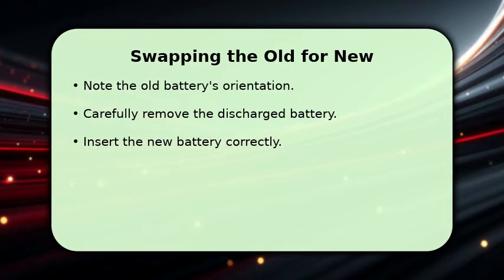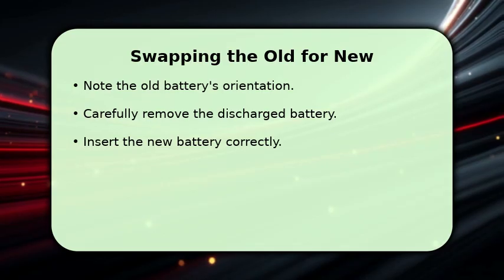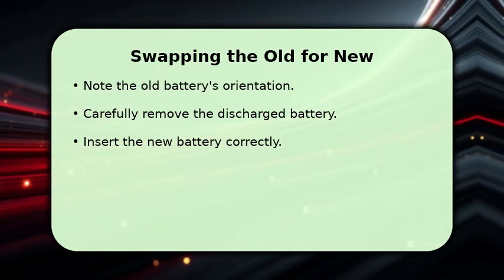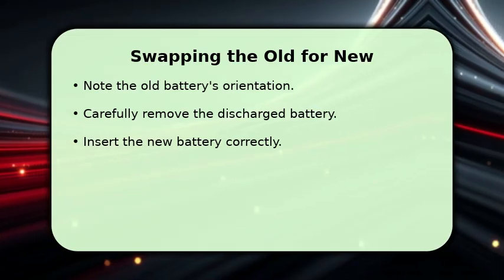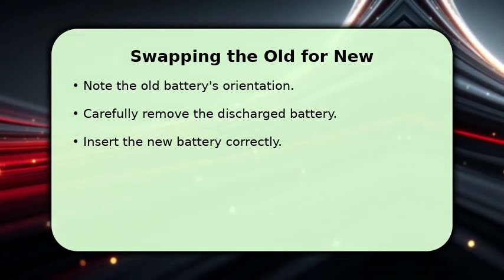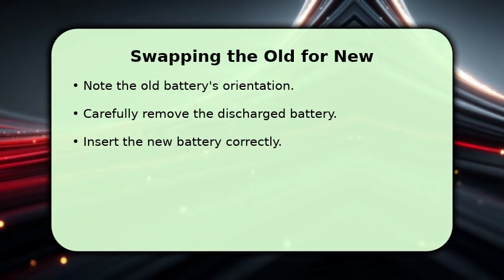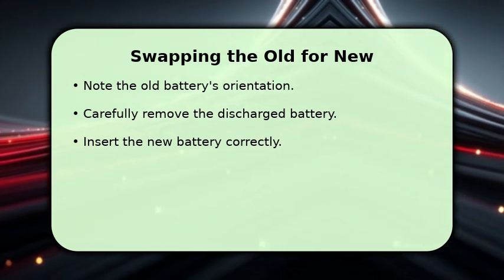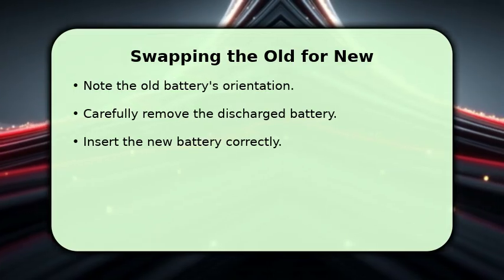Once the key fob is open, you will see the old battery. Before removing it, take a moment to observe its orientation, noting which side faces up. Gently lift out the old battery, which is typically a 3-volt coin cell. Now, insert your new CR2032 or CR2450 battery, ensuring it is placed in the exact same orientation as the one